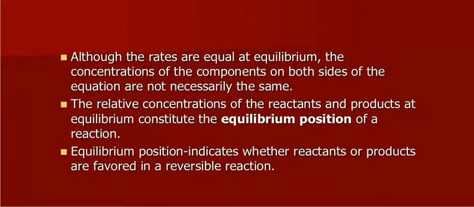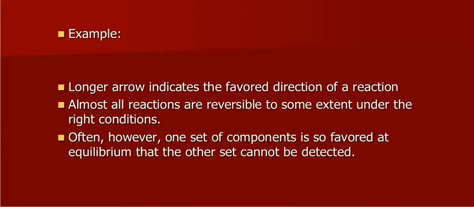Now the rates may be equal, but the concentrations on both sides of the equation are not necessarily the same. So you don't have to have 50% reactants and 50% products at equilibrium. We're going to look at something called the equilibrium position, which indicates whether reactants or products are favored in a reaction. For example, let's say we have this reaction,